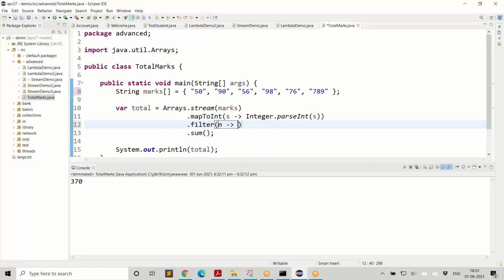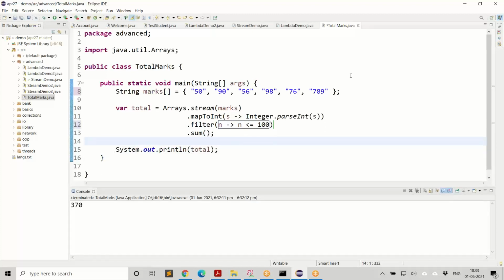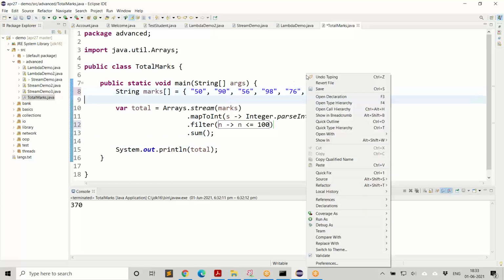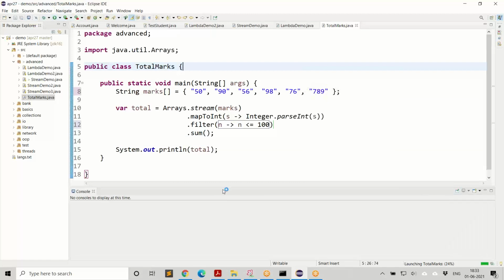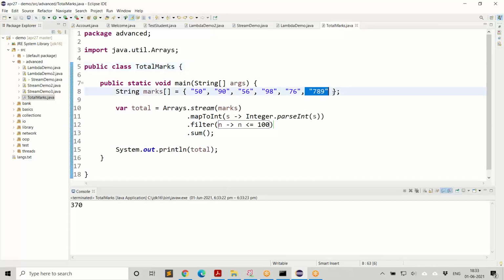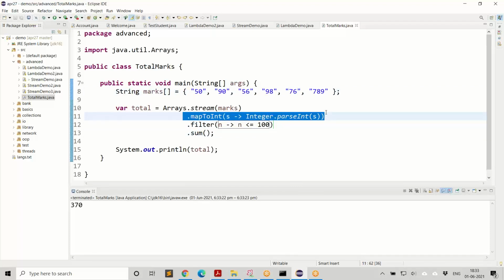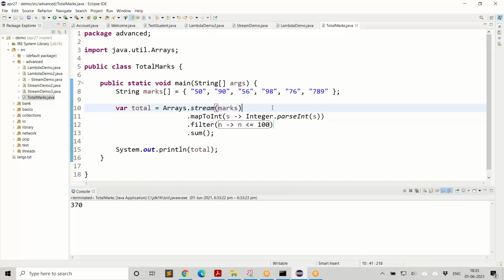Simple. Just take the number, and if it is less than or equal to 100, only then you consider that. So the sum is not going to change because this is filtered out. I don't need to take that. So go ahead and run this and you're going to see the same result because we are not taking this into account. But if you want to filter before you do that, that's also possible. You can filter before and after also. There's no limit to what you can do. You can do a lot.